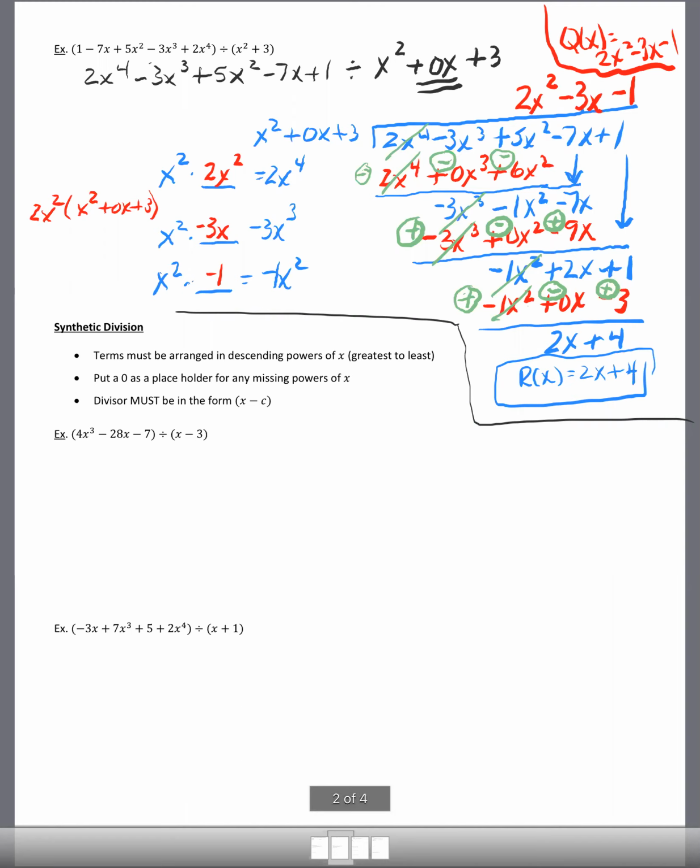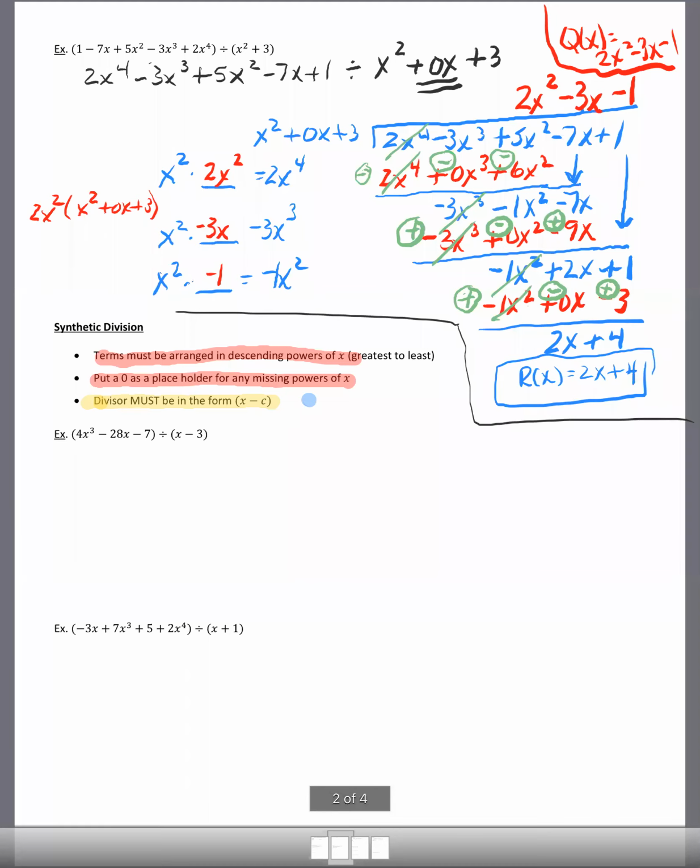And right here it says that in synthetic division, nothing really changes as far as the dividend. The terms must be arranged in descending order. Again, put a 0 for anything that's a placeholder that's missing. And then the new thing for us here says that your divisor must always start off in the form as x minus c. Now what that literally means is that you and I want to make sure